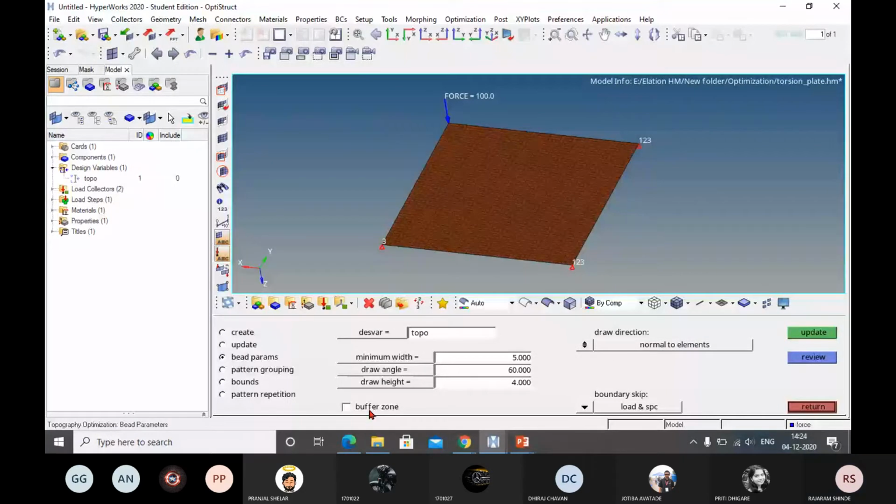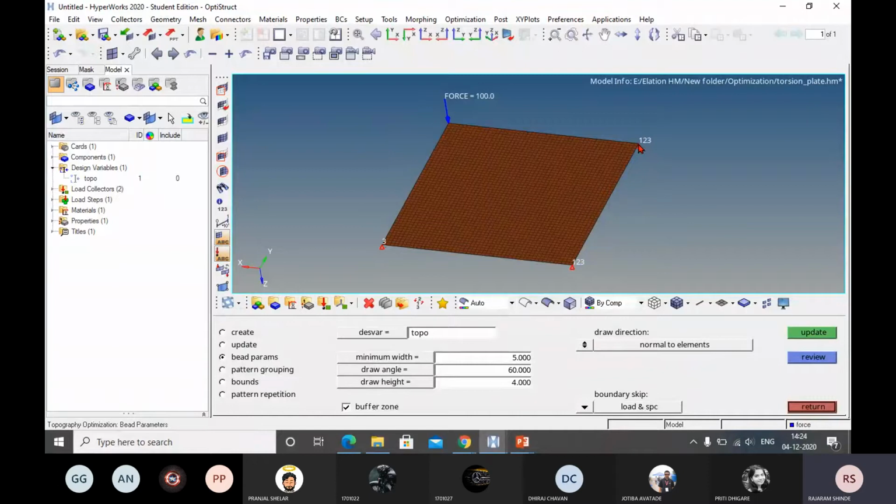Next, skip the boundaries. Skip the boundary means what? When the software is going to start the beads, boundary nodes may come into the beads. Are you getting this?